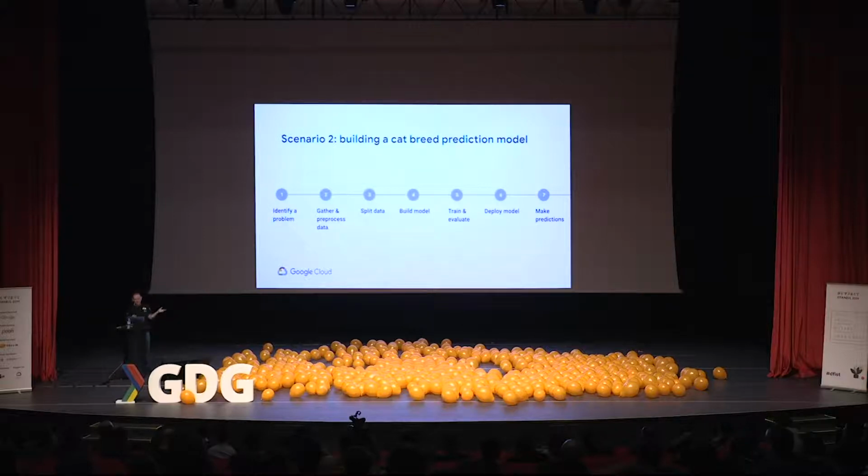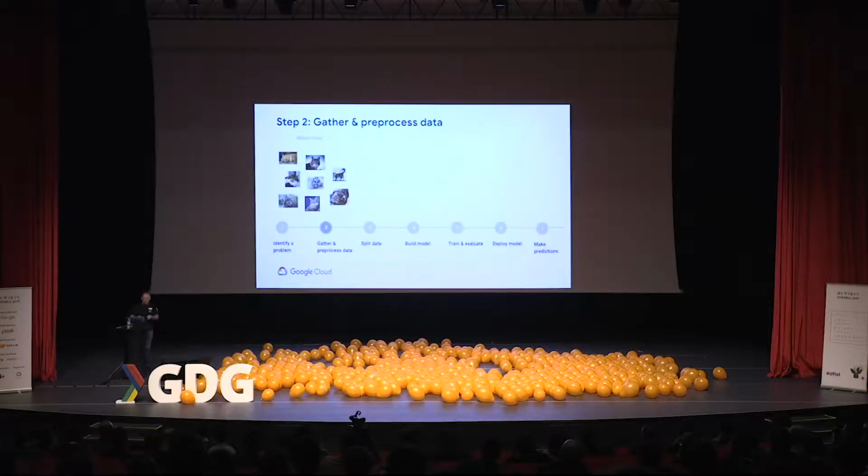So you obviously start by identifying a problem, and then you have to gather and pre-process the data. So you're going to collect a bunch of images, and you're going to classify those. You're going to have some expert go through and tag those images. So you're going to find a bunch of images of Maine Coons, Abyssinians, Scottish Folds, and all the other breeds